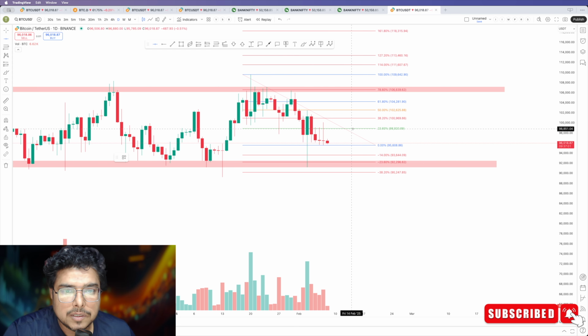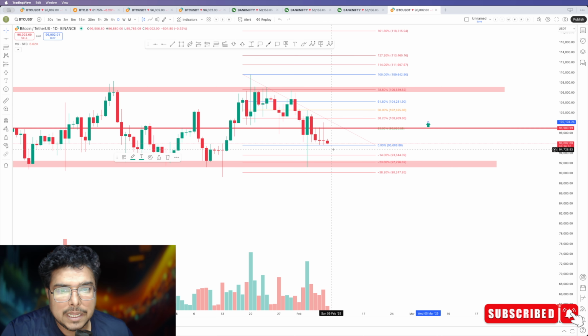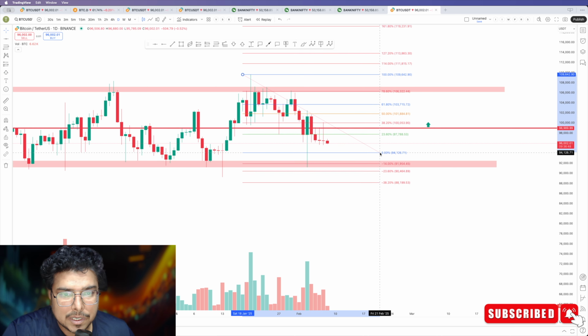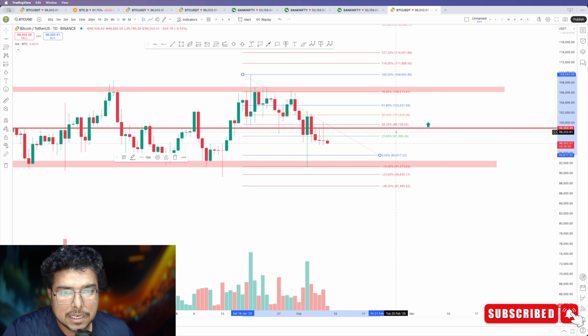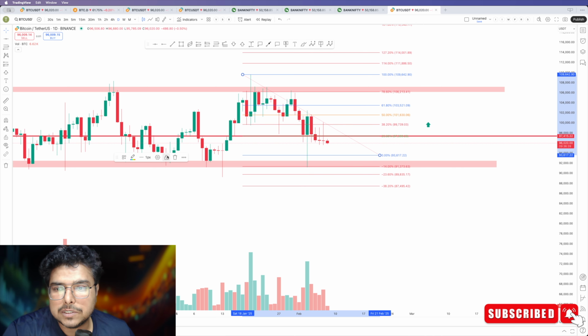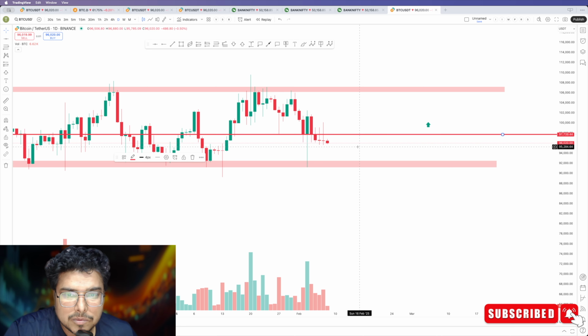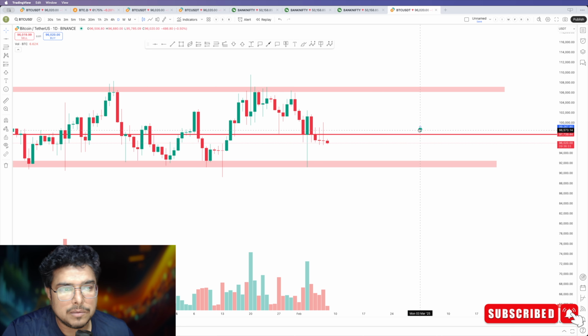So this is the level that you can think of, the rejection you can say, or the upper side levels. But let's say if we get a low around this range, then this line would be here. Okay. And in general, if you don't follow these Fibonacci levels, this is the level to think of for the price going up again. That is